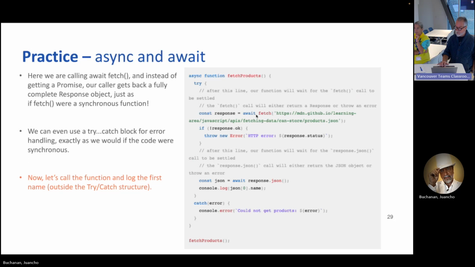Now, what we're doing with this await here is guaranteeing that this code will not be run until this finishes. Remember, with fetch, it goes off and says, I'm going to go, and you keep doing what you need to. But we actually want to get this data first. So this fetchProducts will wait until it gets the data from that URL, and then it'll either throw an error, or print out the JSON to the console log, or if this failed, we do the catch.